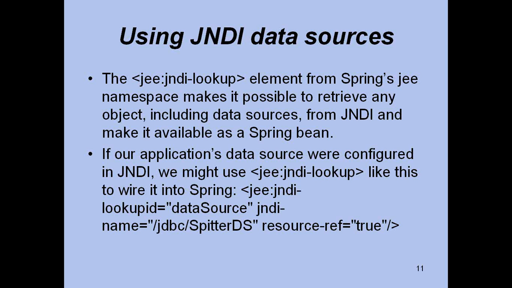Let's say the data source name is Spitter DS. DS stands for data source. The way to access it from the Java application is to use this element, JNDI lookup, and put it in the Spring configuration, using the jndi-lookup ID. This ID can be anything which you are going to use later to get the connection. And what is the JNDI name? Tell the JNDI name and prefix it using jdbc/. So this is one way to configure data sources using JNDI.